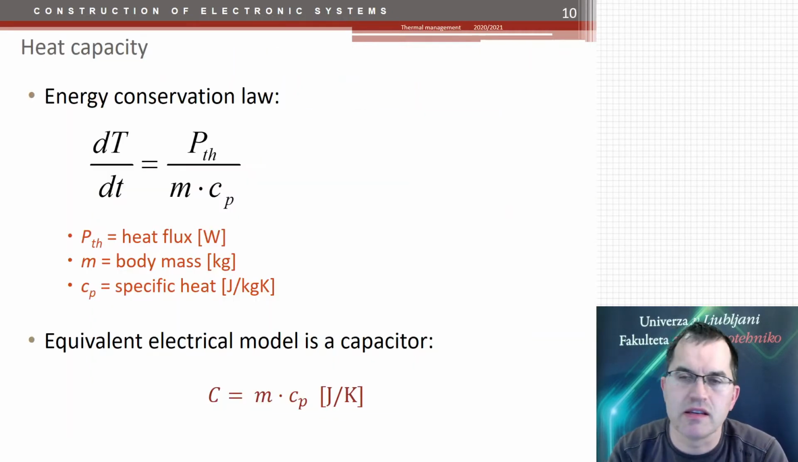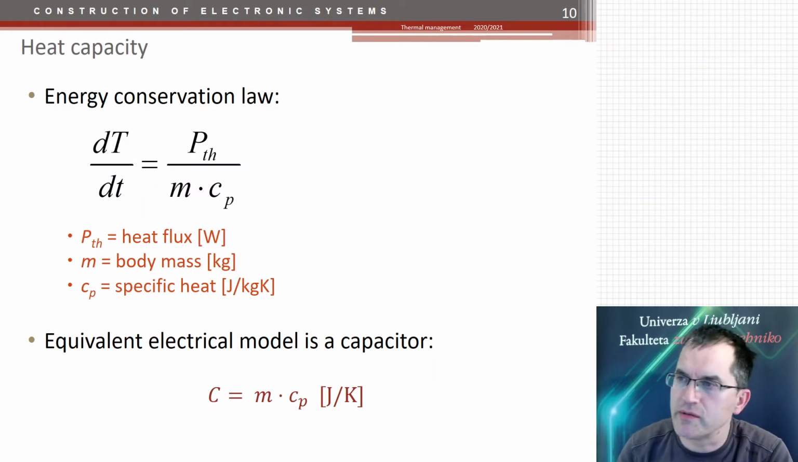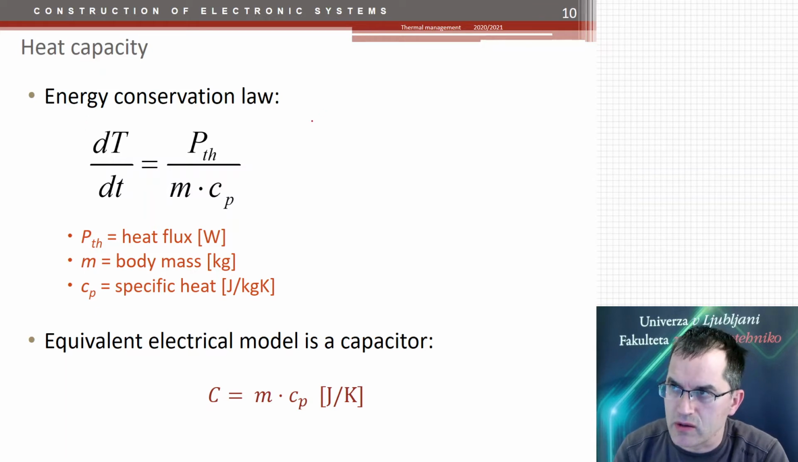The heat capacity is another parameter which we have to take care of, because the piece of material does not heat up instantly. So it needs certain energy to get a certain temperature difference. So this is defined by this energy conservation law. Well, the change of temperature is proportional to the power, the mass, and the heat capacity, the specific heat. How many joules you need to heat up a certain amount of material for a single degree of Celsius or